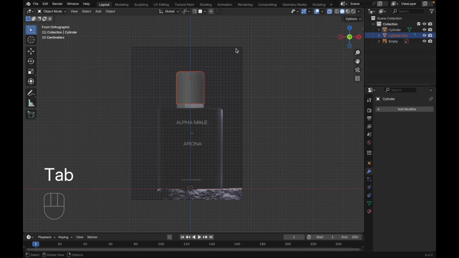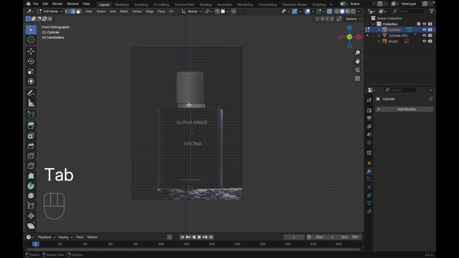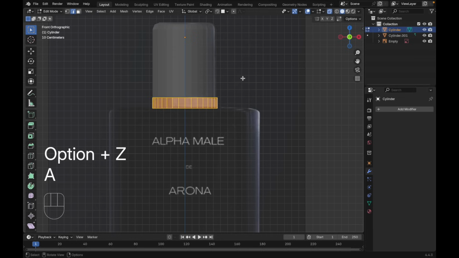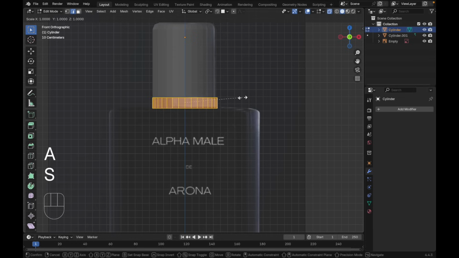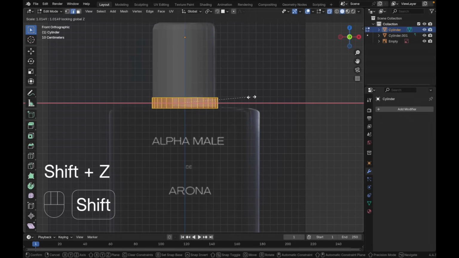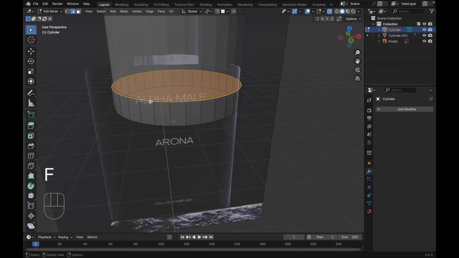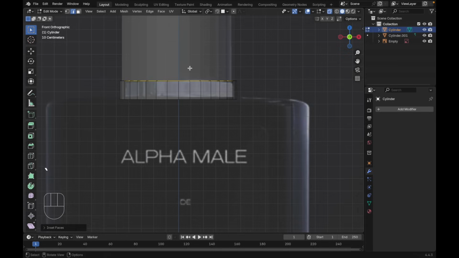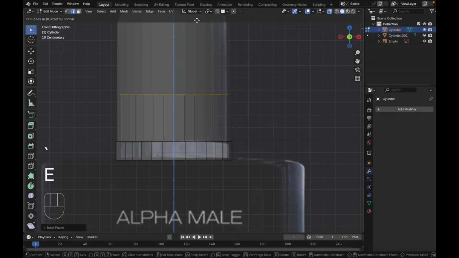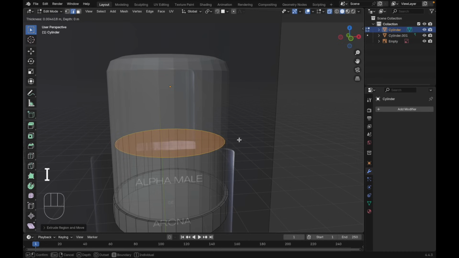Go to the object mode, select this one, tab to the edit mode, Alt Z, press A to select everything, S to scale it, scale without the Z axis like this. Then select all of this edge, press F to fill, then press I to insert a little bit like this. At the front view, press E to extrude like this, then press I again,